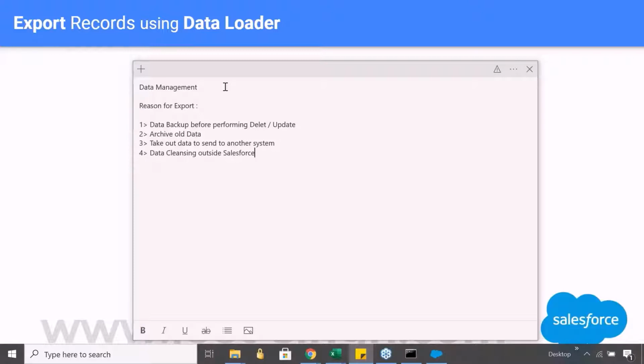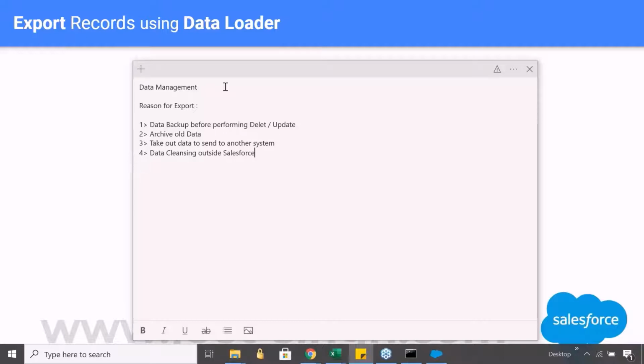For example, let's say you have some really unclean data, which has spaces, additional commas, or some special characters included in the name, which does not let you check your matching records or duplicate records and stuff like that.